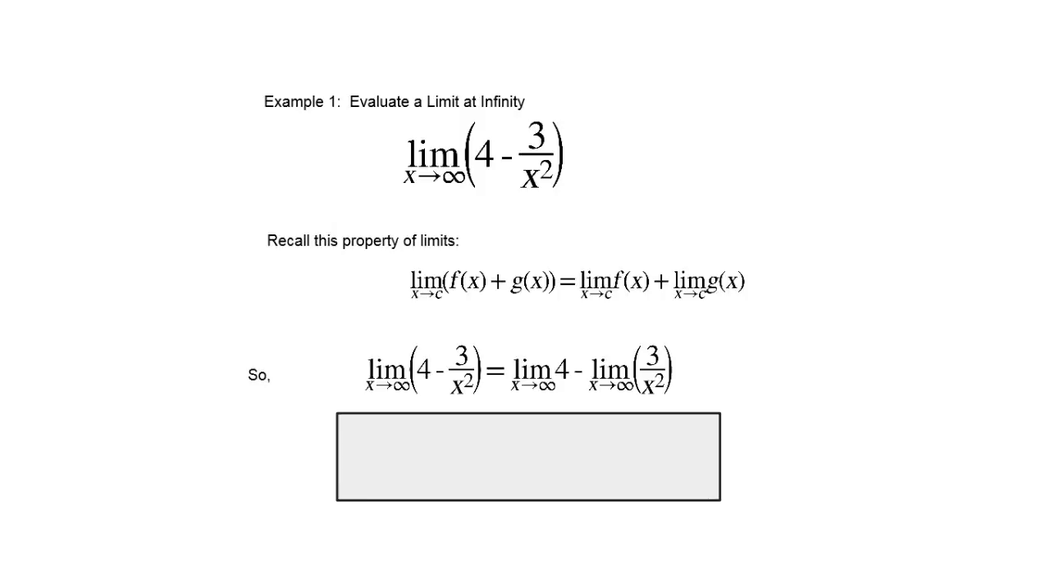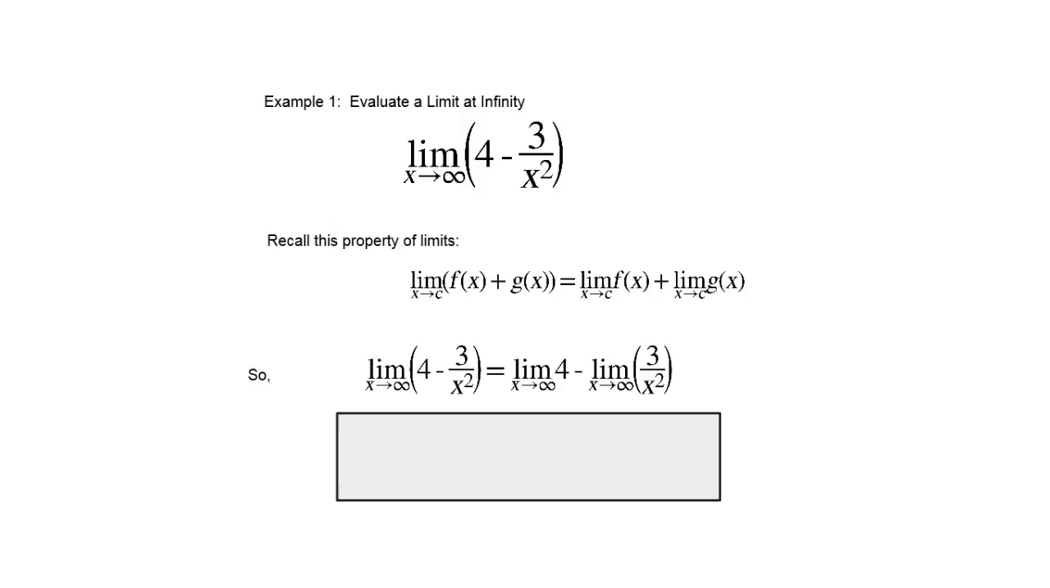Now, if x approaches infinity, does that change 4? No, it does not. So the limit as x approaches infinity of 4 is going to be 4. And if you don't believe me, graph it. And you will see that 4 is just a horizontal line at y equals 4. And then I'm going to subtract